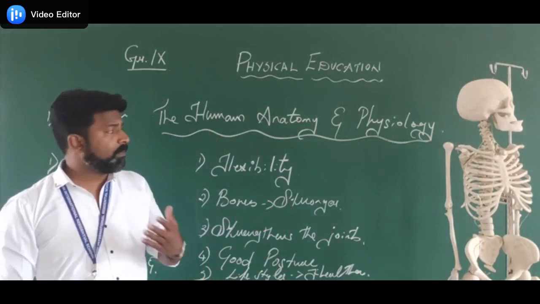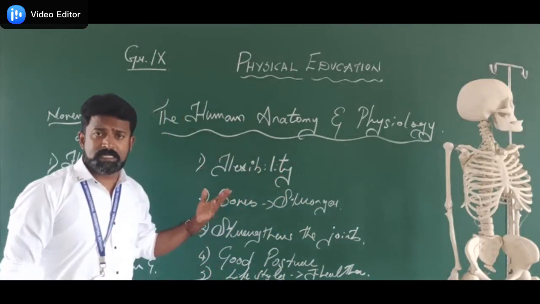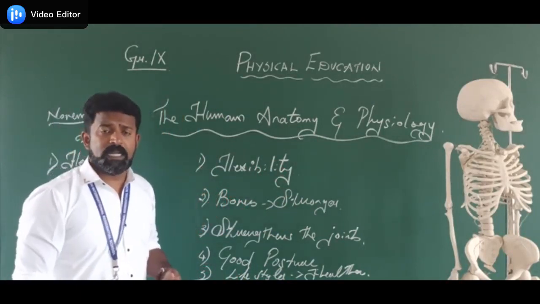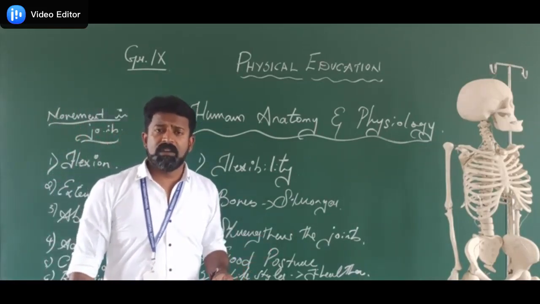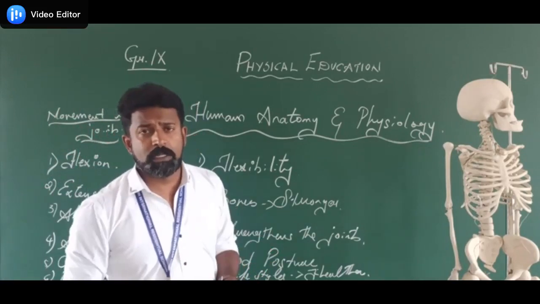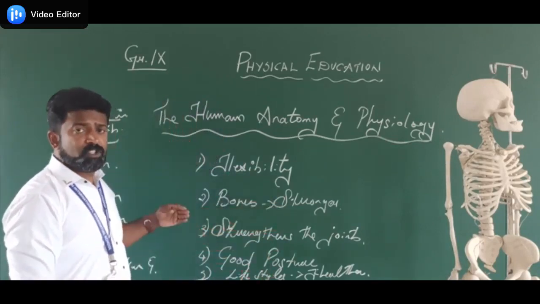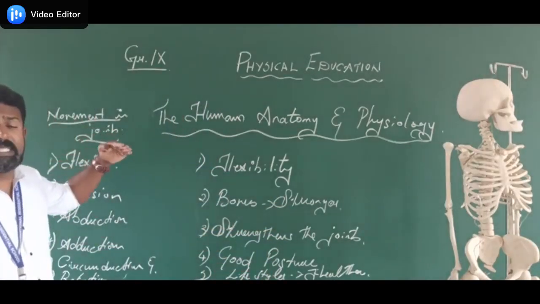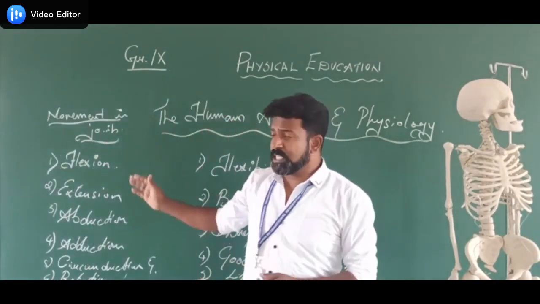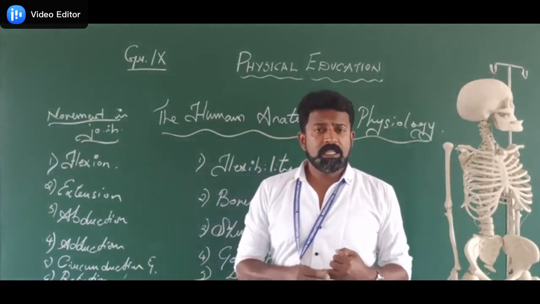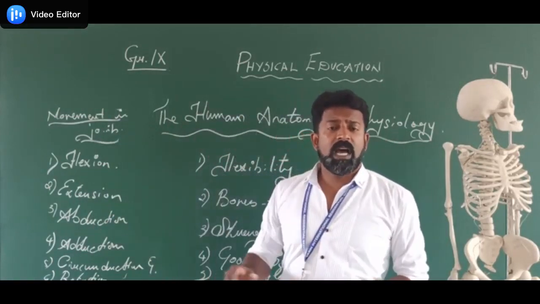Okay, so to summarize, what are the things we discussed in today's class? That is joints. What are the types of joints? That is movable, immovable, and freely movable. In freely movable, again we have seen 4 joints: ball and socket joint, hinge joint, pivot joint, and saddle joint. And next we saw what are all the movements which take place in the joints when you are going to perform an activity. We have seen 6: flexion, extension, adduction, abduction, circumduction, and the last one was rotation.